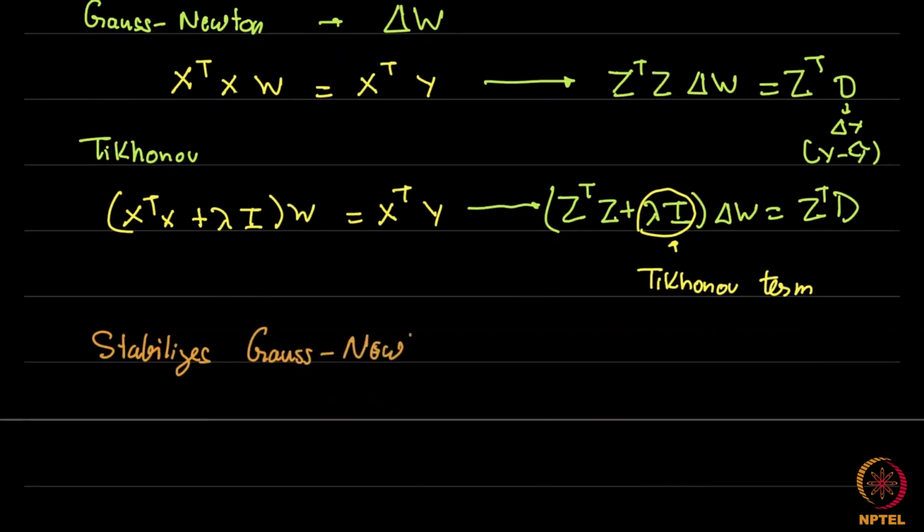So typically, if you try Gauss-Newton for some problem, let us say, and it diverges, it's a good idea to add this Tikhonov term because it will damp it, as you could have seen in the linear case also. So Tikhonov will damp. So this is sort of a damping term. Damps oscillations